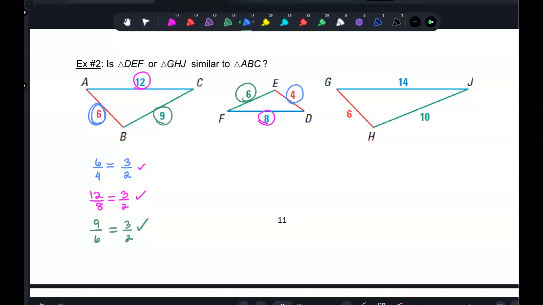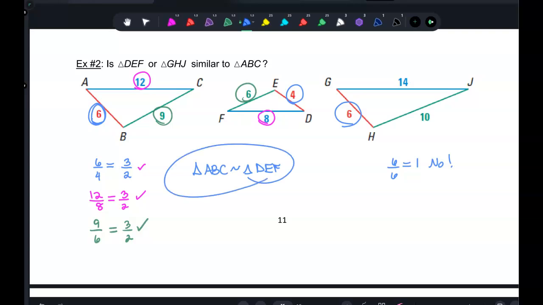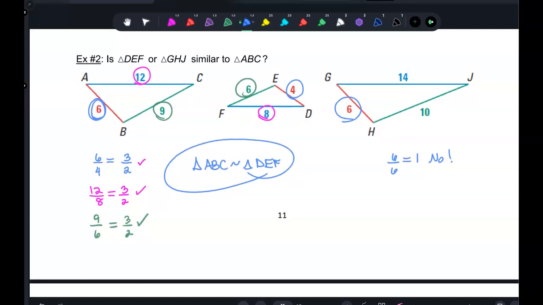So, let's take 6. Right away, I know 6 over 6 is 1. No, so which two triangles are similar? ABC is similar to? Okay, wait, if we start with A, this... F. No. Okay, hold on. EGF. Do you see how where the red and the blue meet? Wouldn't it be? We have to start with D. Yeah. D, E, F. Yes. This is the alphabet. They're not always going to go in alphabetical order, but